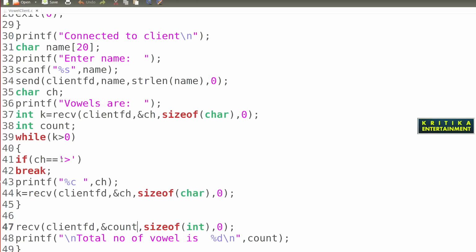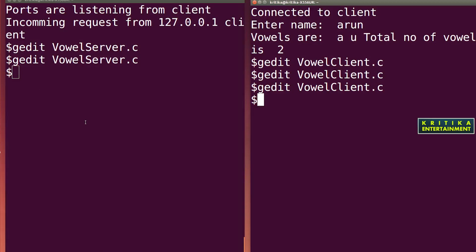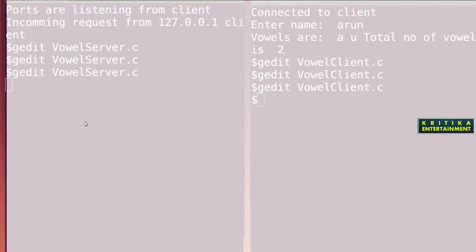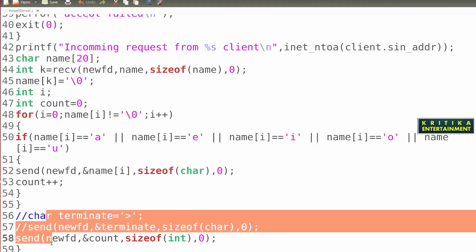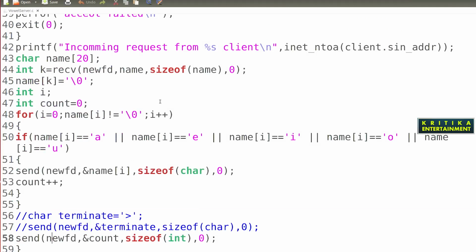How? Now we give an extra greater than sign to terminate your loop. If you write 5 send functions, then your loop on the client side will also run 5 times.